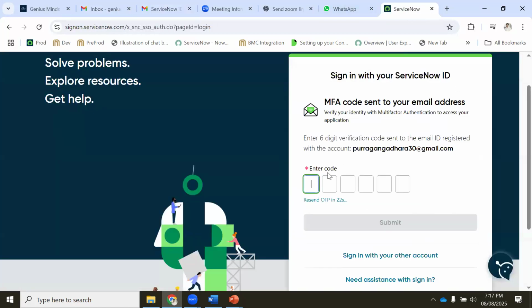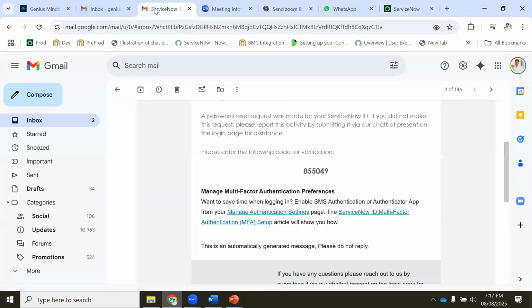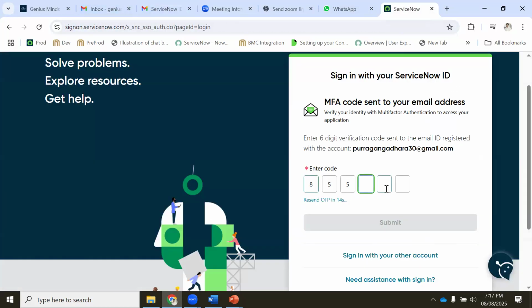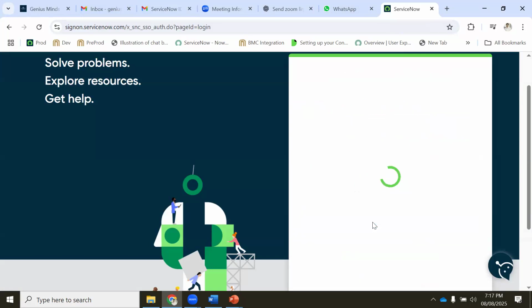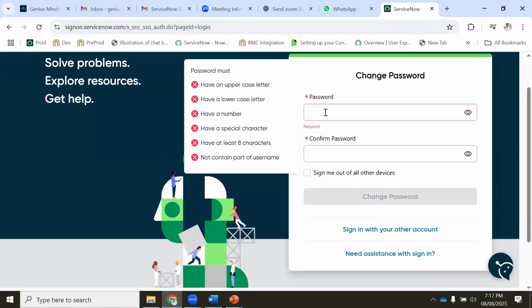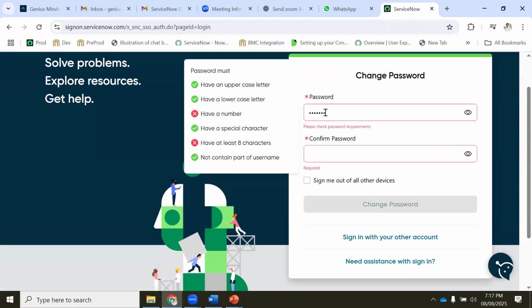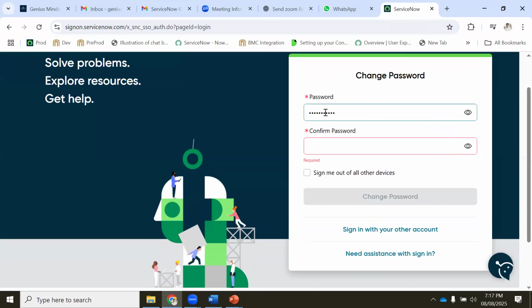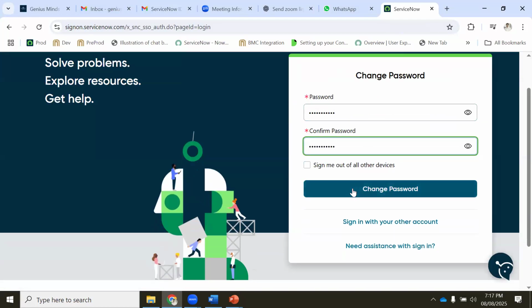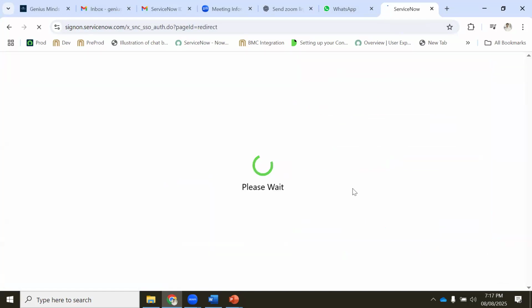It asks whether I want to change my password. I'm just changing my password.